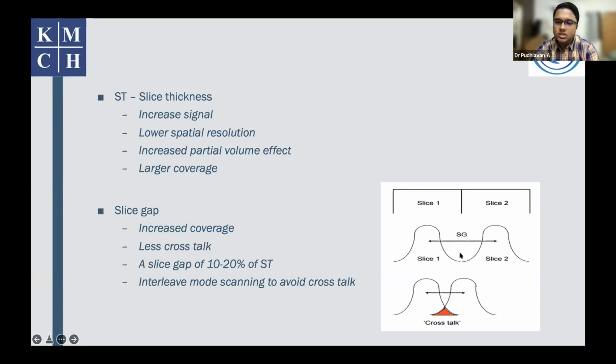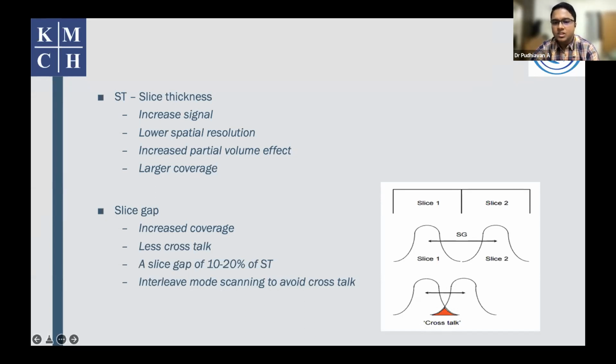But reducing the slice gap too much will result in a phenomenon called crosstalk. Crosstalk is nothing but this: we use a slice selection gradient for this particular slice and a different slice selection gradient for this particular slice. But when there is an overlap of tissue between these two slices, the tissue will be excited by the RF pulses coming from both slices. So there will be an amount of data that is shared between these two slices, which introduces an artifact